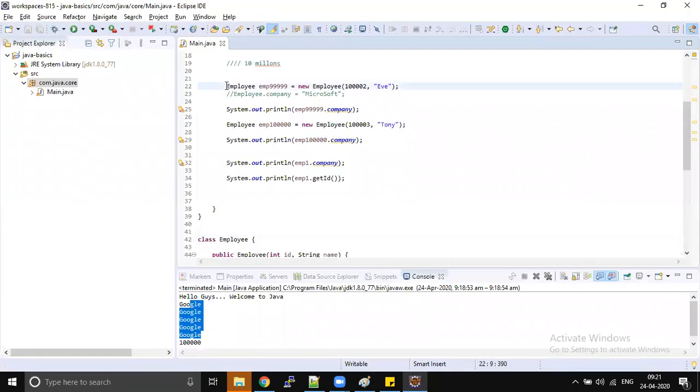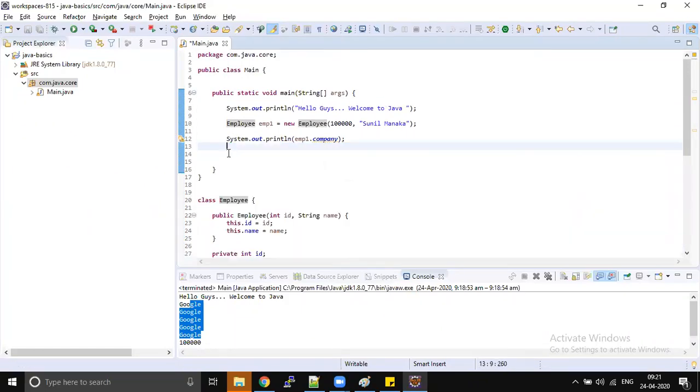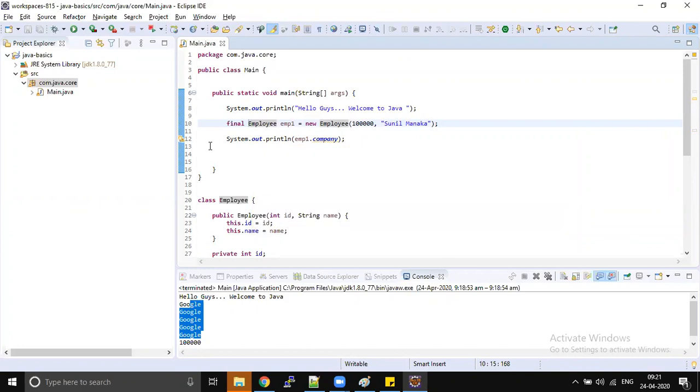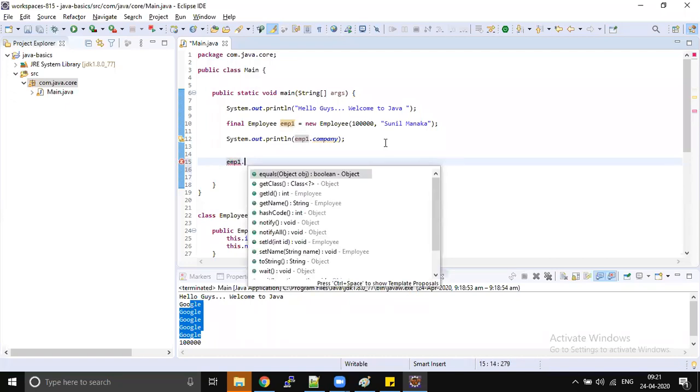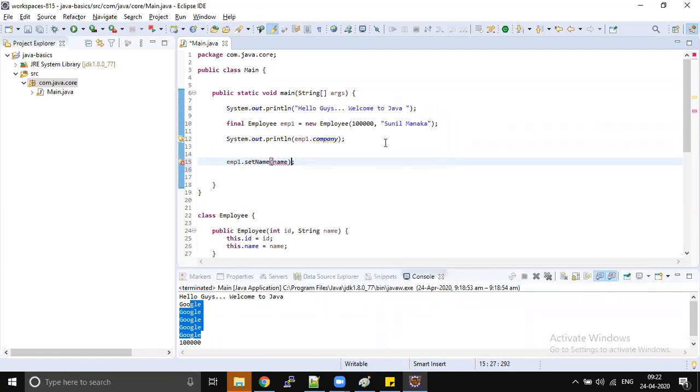For example, here if I mark this as final, I'm just deleting this code as we already know this concept. If I mark this as final, whether in this particular class or in some other class, whether you are passing it as an argument, you can't reassign the value for EMP1, employee 1. But what you can do is change the value present inside that object. The entire object cannot be reassigned to a different object, but you can change the name. The underlying data can be changed inside the object.